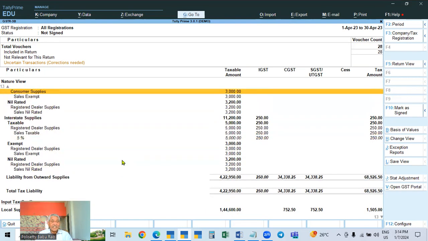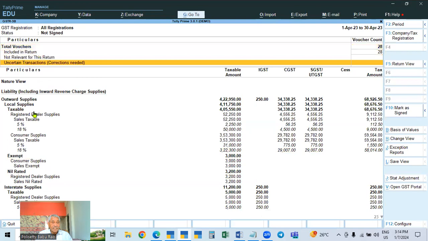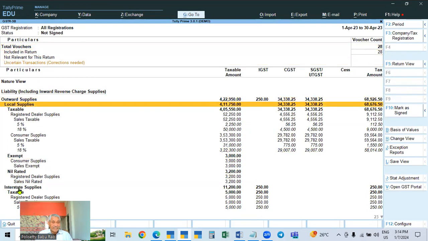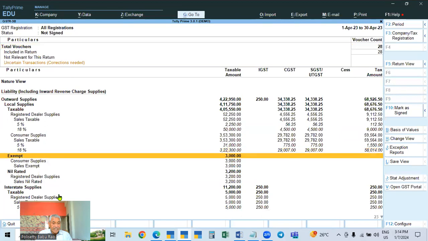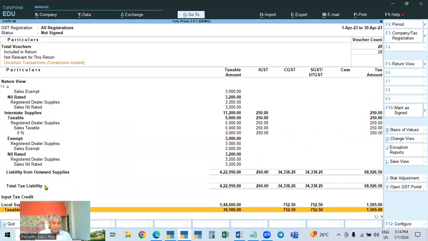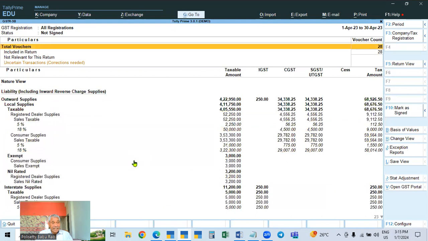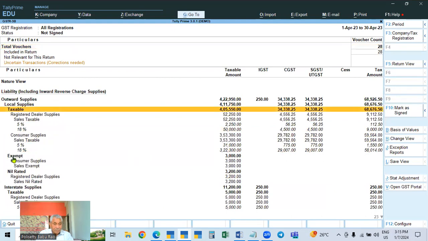In both the cases, see here how it will show: outward supplies, local, then interstate, local, interstate. In both, in local, taxable, exempt, nil rated. In interstate also taxable, exempt, nil rated. So it is showing. And in this, again, in the taxable, exempt, nil rated also, to whom we sold or